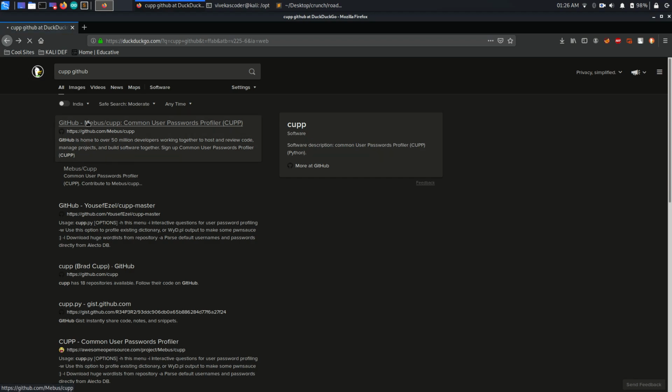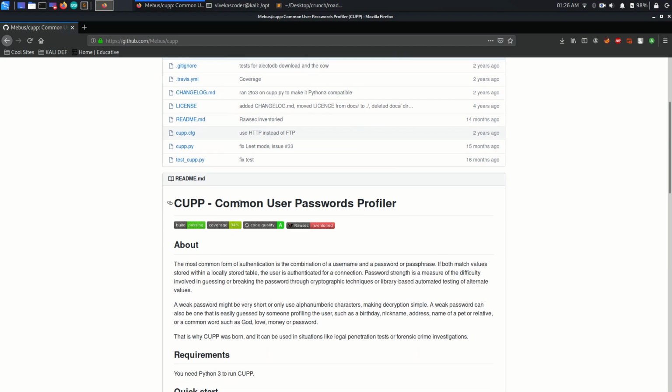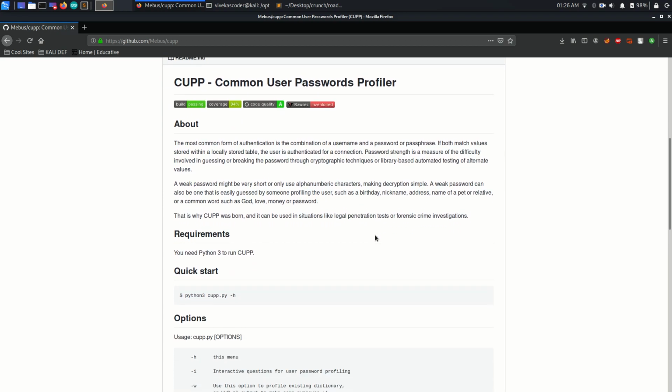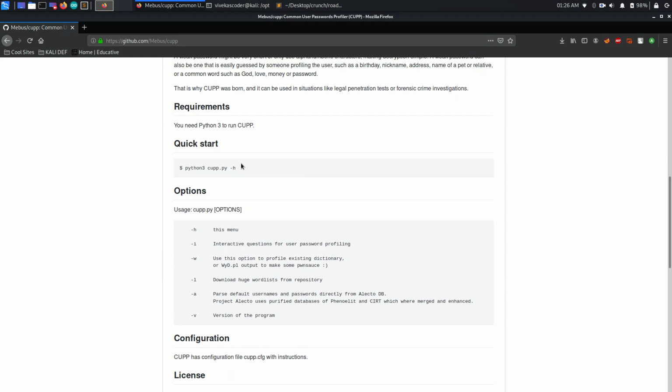So this is actually the home page of CUPP right here. CUPP, Common User Password Profile. So this is how you can install and use CUPP.